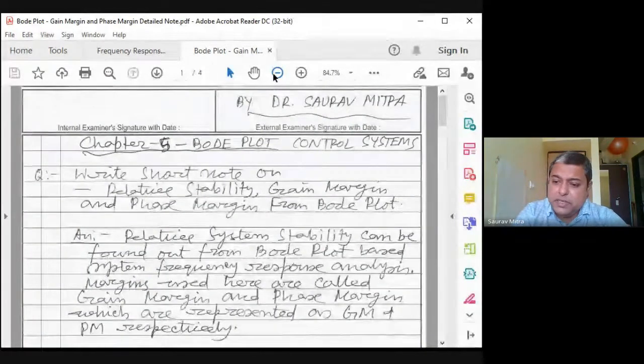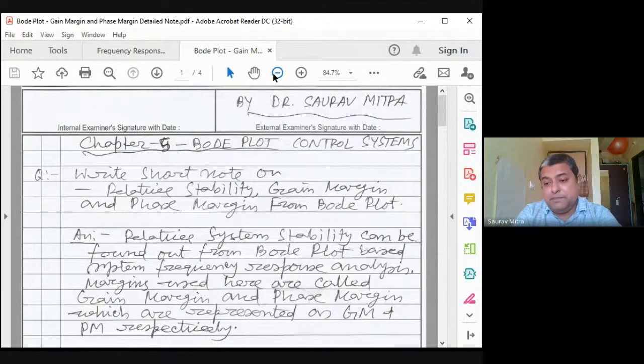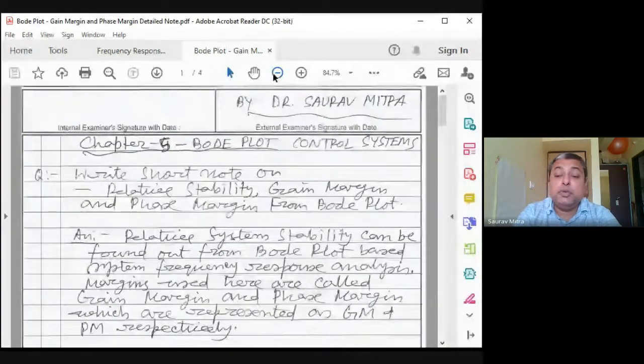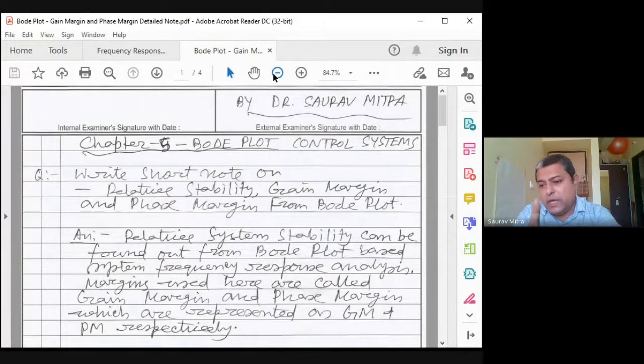So if it is a voltage ratio, output voltage by input voltage, then how to convert into dB? Output voltage upon input voltage, log of that multiplied by 20. So if I tell you that V output is equal to V input, means what? Ratio gain is equal to 1. Ratio gain equal to 1 means in dB it will be 0 dB. What is meant by 10 dB? What is meant by 20 dB?